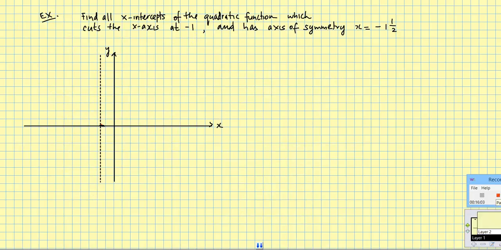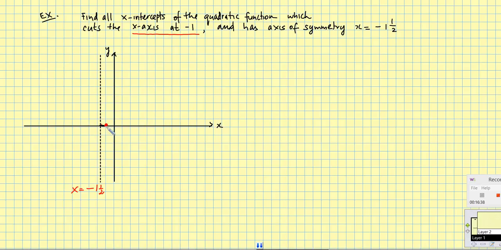All right, let's look at another question. It says, find all the x-intercepts of the quadratic function which cuts the x-axis at -1 and has an axis of symmetry that's at x equaling -1.5. Okay, so if our axis of symmetry is found at -1.5, and we know that one of the x-intercepts cuts the x-axis at -1, it cuts it right here,